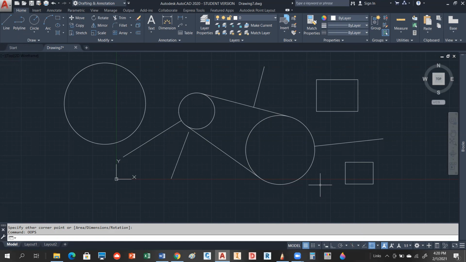Okay, so the next one we're going to look at is the undo command and the redo command. Both of them are pretty nice in AutoCAD. I already showed you one way. This guy right here will undo